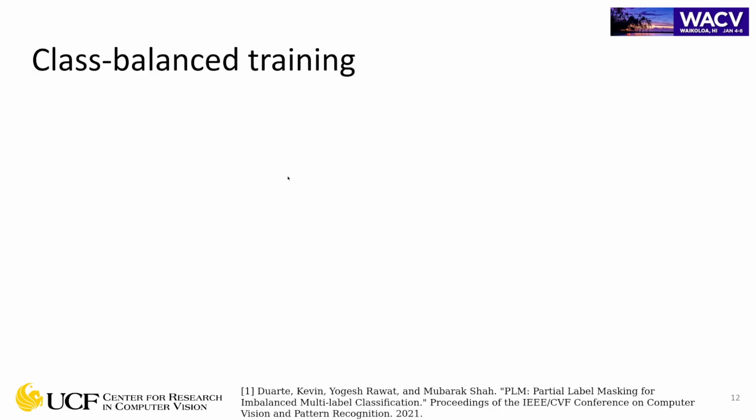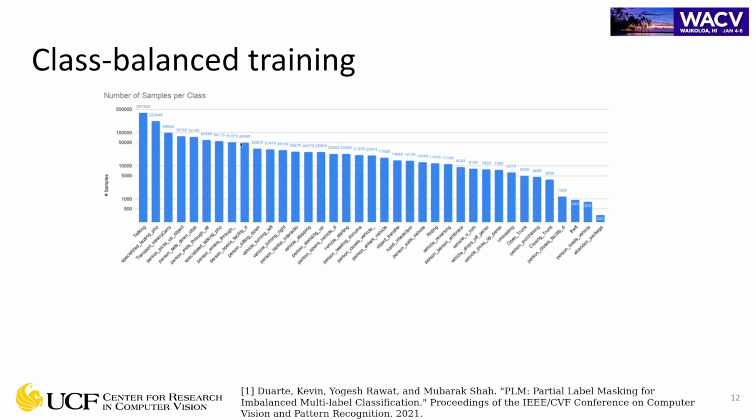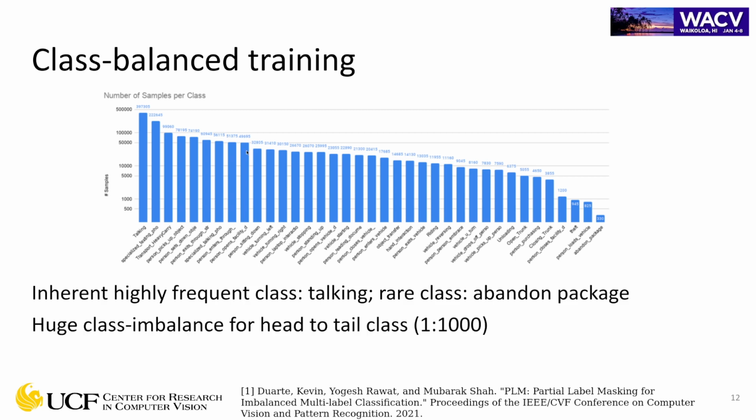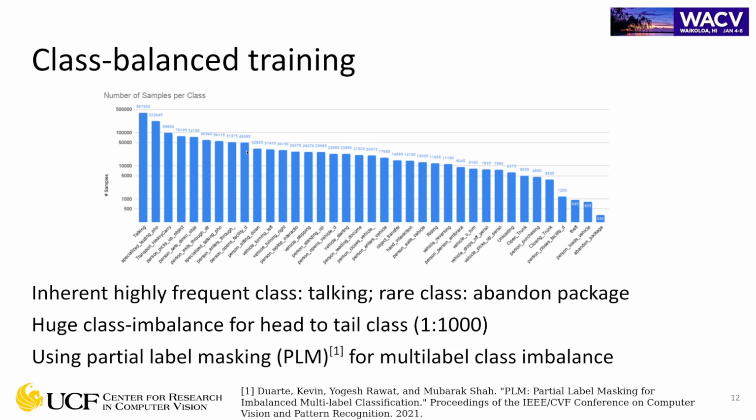One problem encountered in the real-world data sets is the very extreme differences in activity counts. For instance, in the MEVA dataset, talking has almost 400,000 instances in the dataset, while abandoning a package happens only 330 times. This is more than a 1000 to 1 discrepancy, so we use partial label masking, or PLM, to deal with